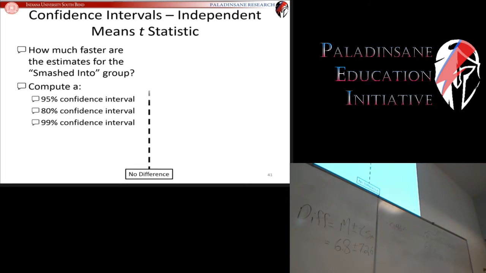So here we have the line that says no difference. Here we have the line that actually says there's no difference between her estimation based on how the question was asked, or whether it was asked how fast were the cars going when they hit each other. So if your estimate crosses this line, it means that her testimony can be admitted as is. So they bring you up